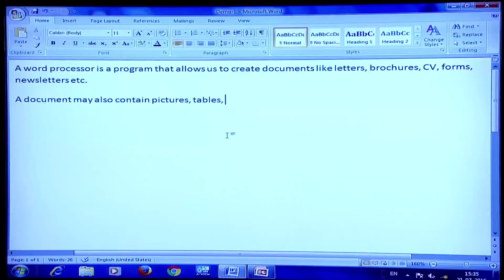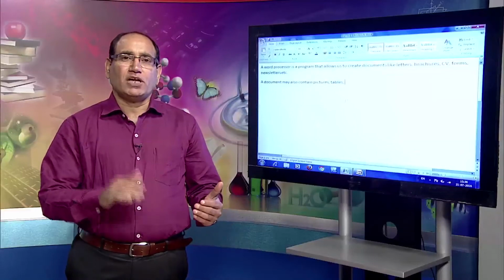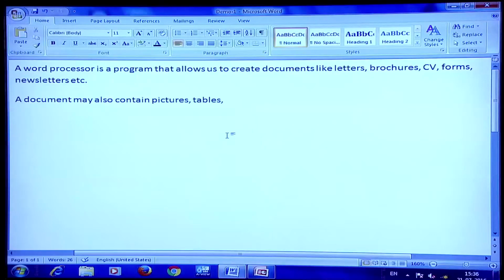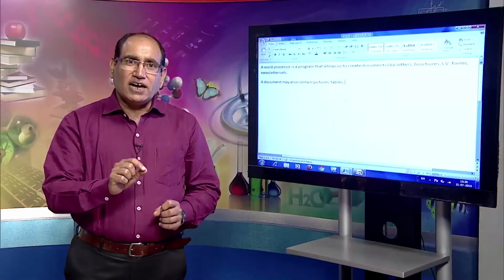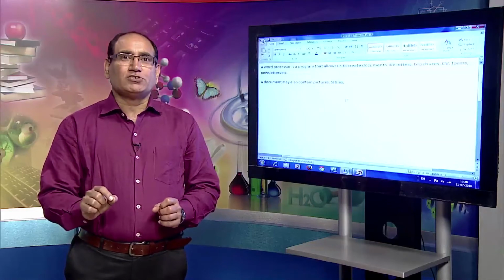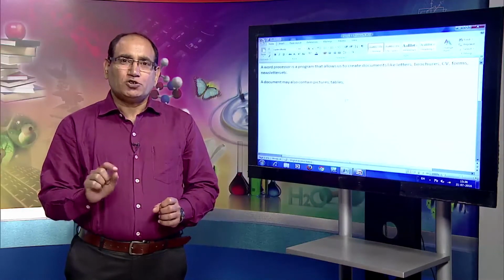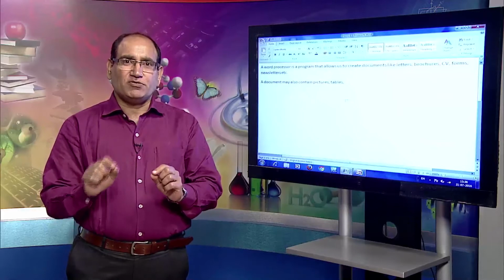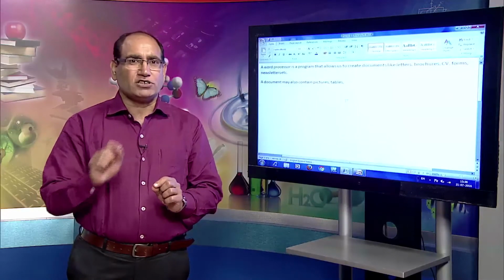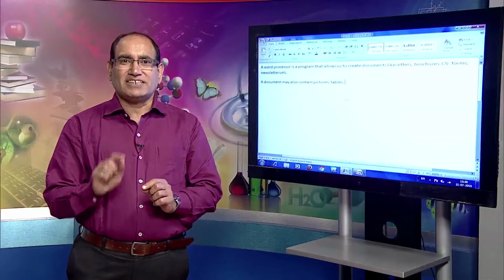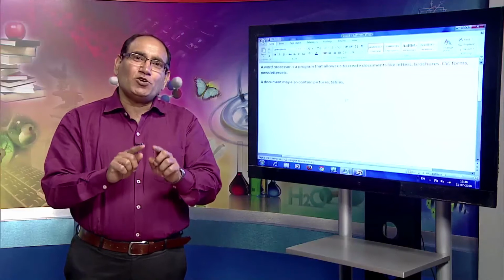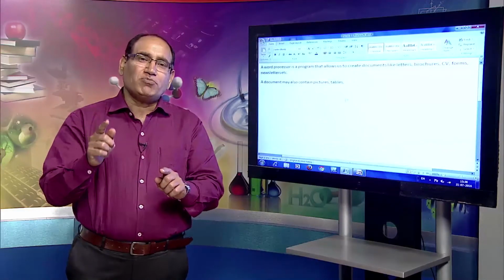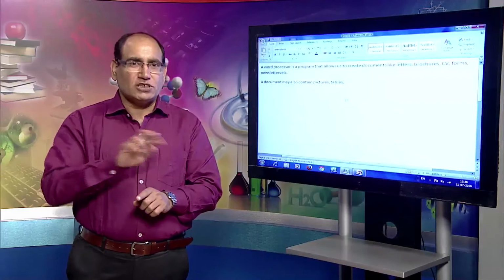Now, what happens is, see, previously I saved the document with the name demo, then I saved the document with the name demo 1. Now, when I clicked at save as, the previous document which was saved with the name demo remains there, and whatever changes have been made are saved with the name demo 1. So, there is a difference between save and save as. First time you save it, you click save or save as, it does not make any difference. But second time, if you click at save as, it means you want to save the document with some new name, and the previous document remains the same. So, there is a difference.